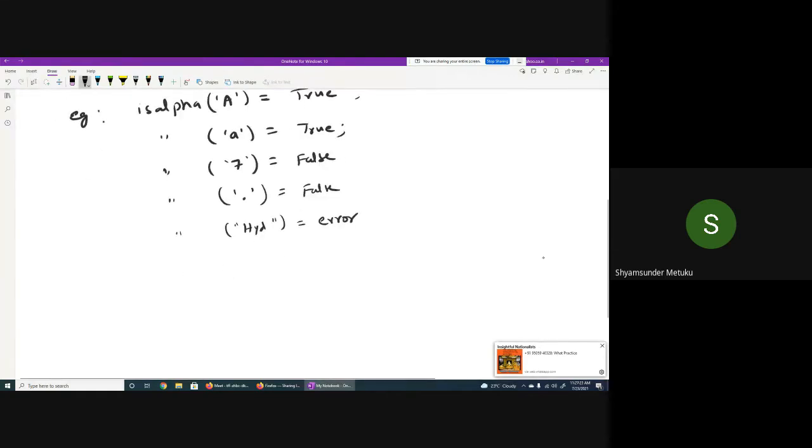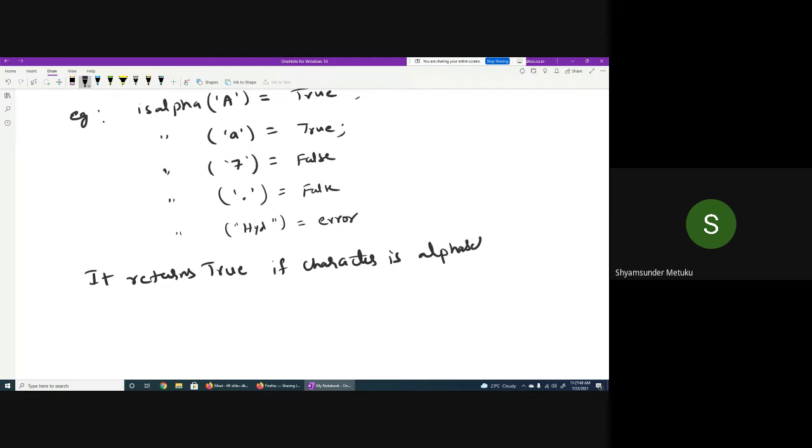So let me write the function. Okay, it returns true if the character is an alphabet and false otherwise.